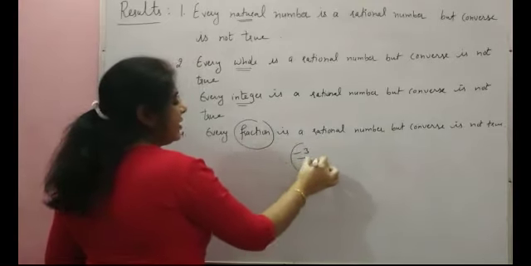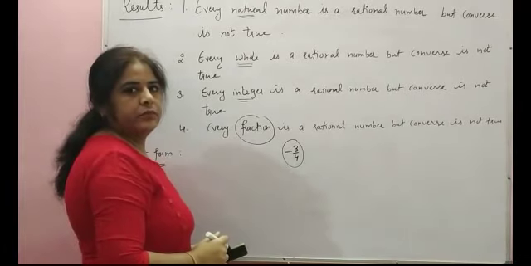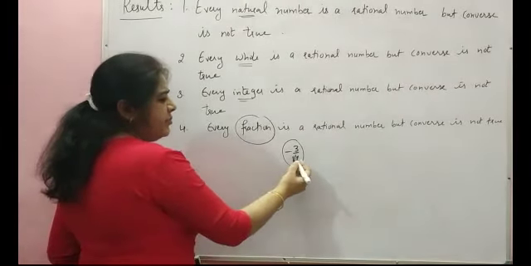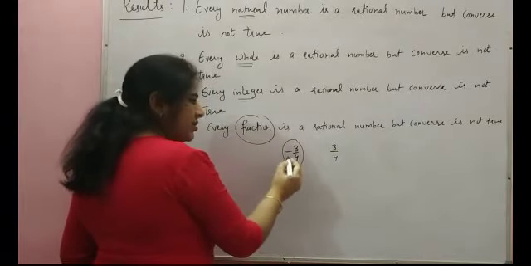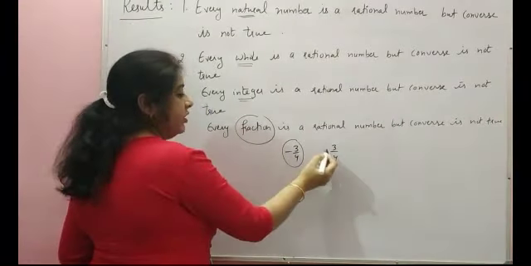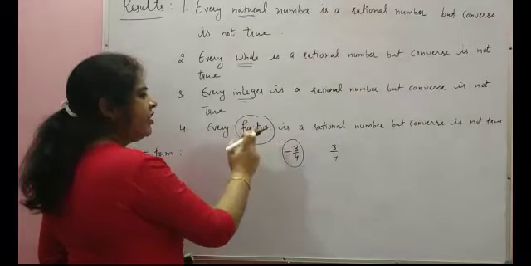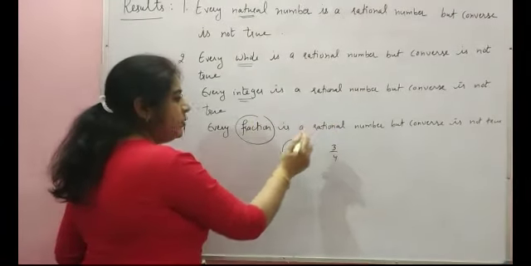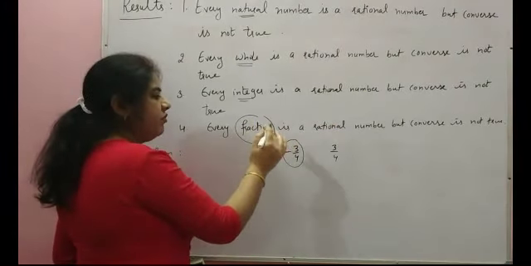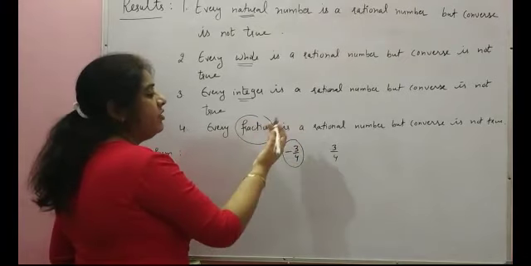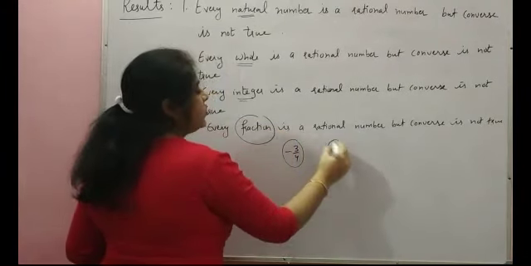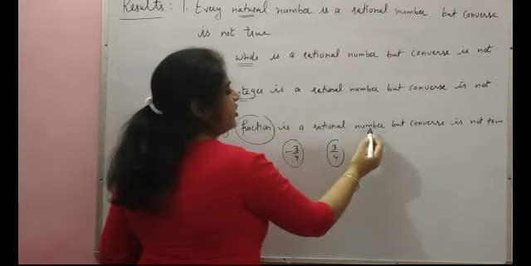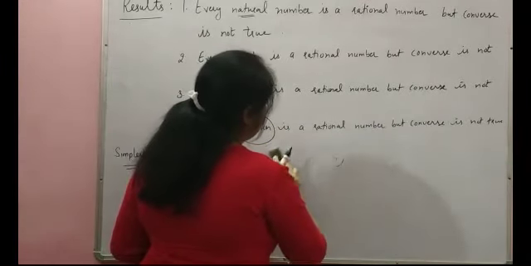This is a rational number. Can we say that minus 3 by 4, if we write like this, is a fraction? No, because this is negative, this is positive. So we can say that every fraction is a rational number, because a rational number is a combination of negative as well as positive with 0. But fractions are always positive. So every fraction is a rational number, but the converse is not true.